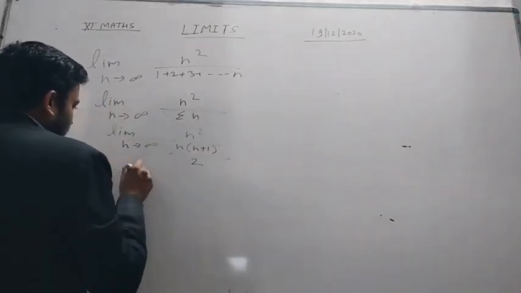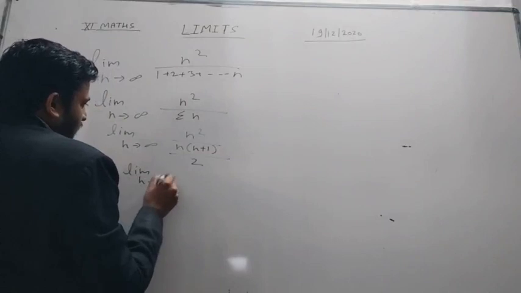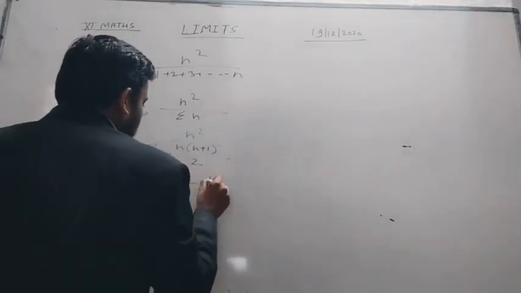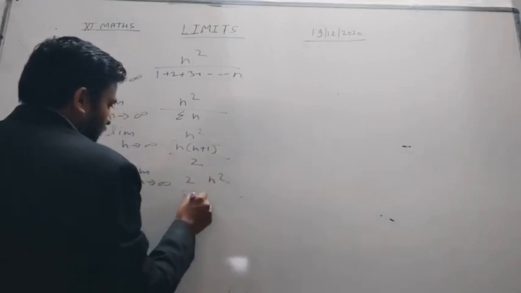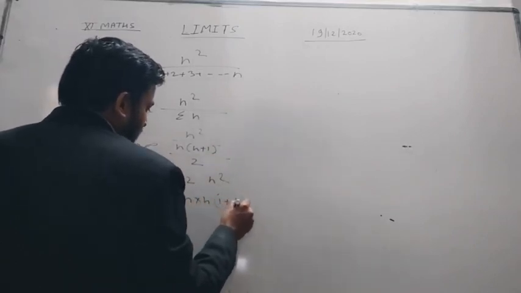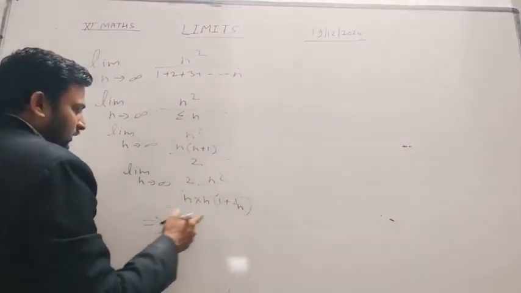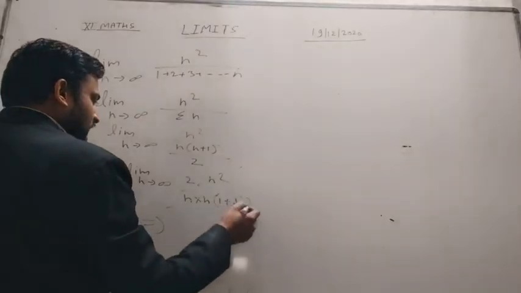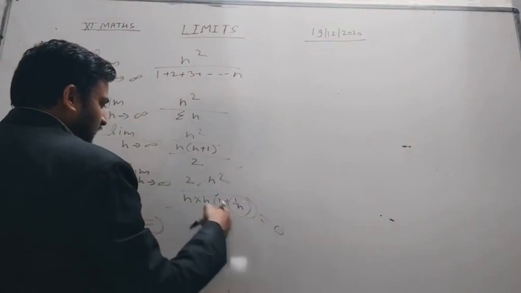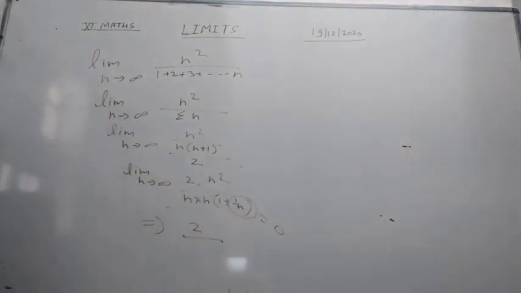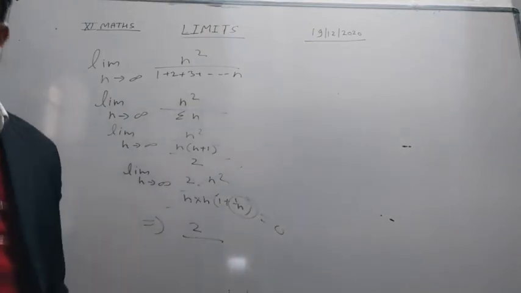So the limit as n tends to infinity, in the numerator we have n square, and in the denominator n into n times 1 plus 1 by n, and this term will be reduced from here. Now we put the value of the limit, student, so this term will be equal to 0 and this will be 2. After putting the limit we get our result, which is 2. Okay student, I hope you understand.